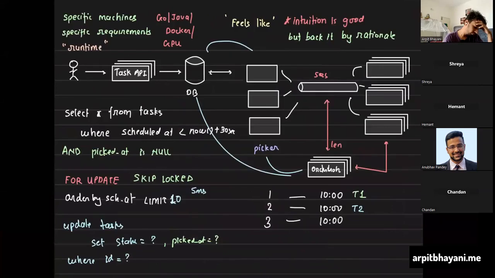Yeah. So, I was trying to understand why do we need DB and then picker? Why can't the API server itself put in SQS or RabbitMQ, and the API server takes a call on when to publish in the queue and when not to publish in the queue? What if the API server crashes down? Let's say I schedule a task for 3 years in the future. The API server will die off now.